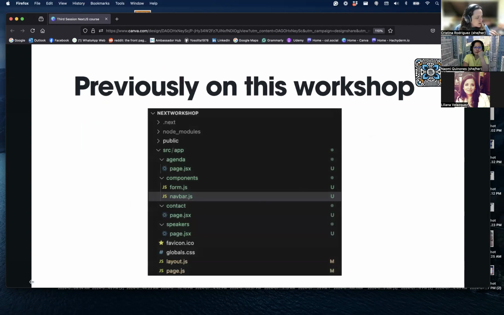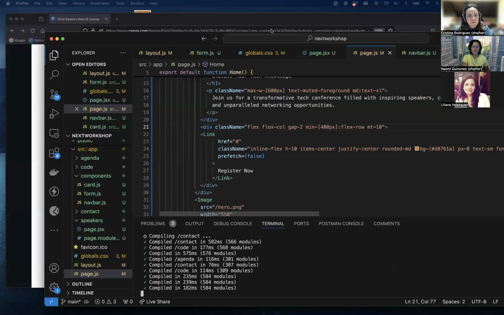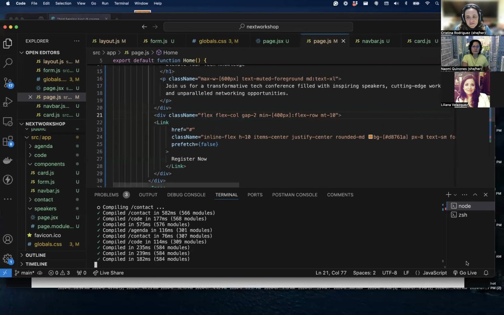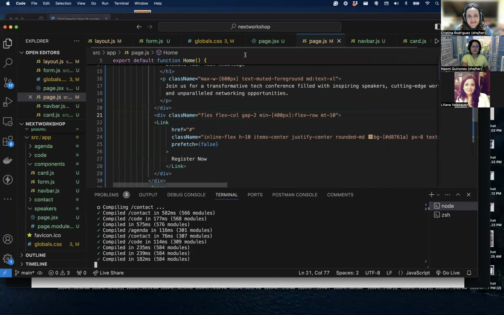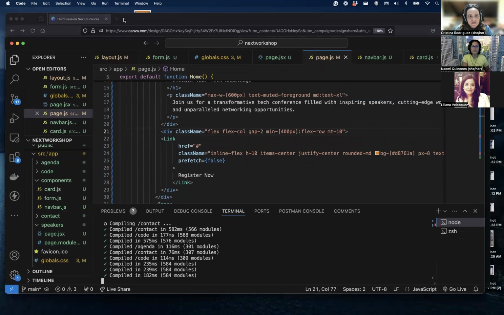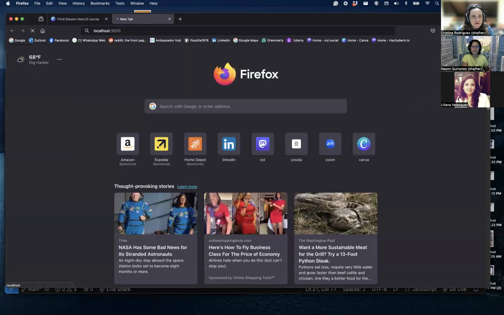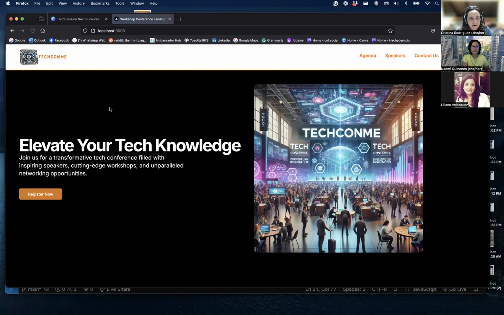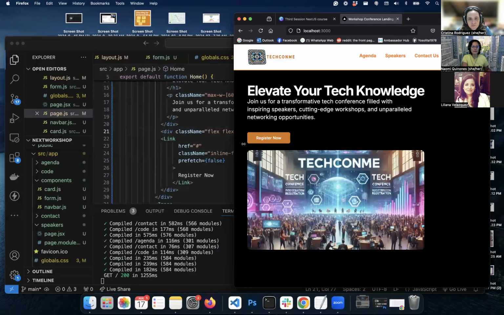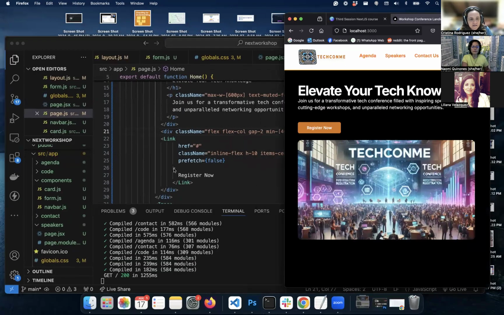With that, let me show you the code. Let me bring the code that we did previously on this workshop. I have my server running, so if I go to localhost 3000, I will see it. And I changed a few little things, so I can show you here. First, I finished